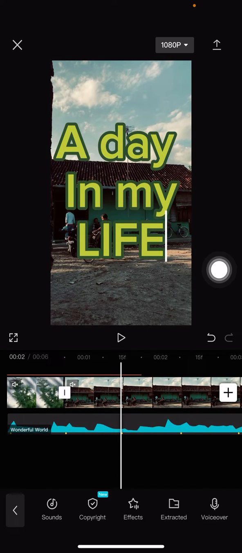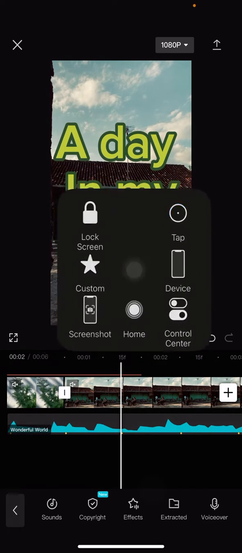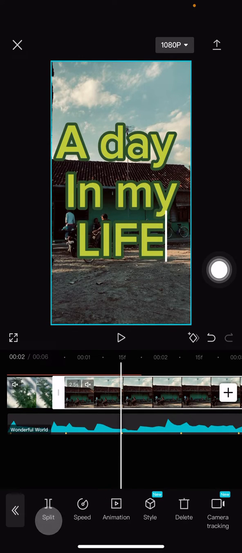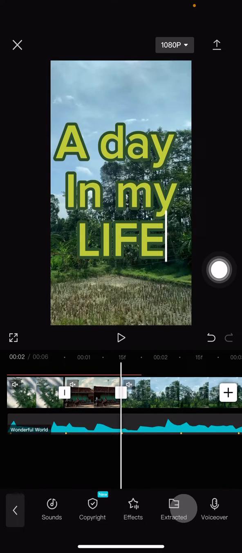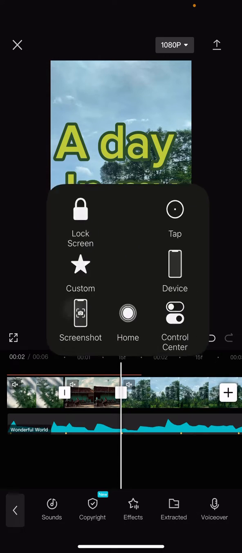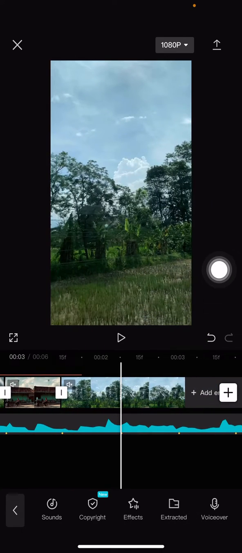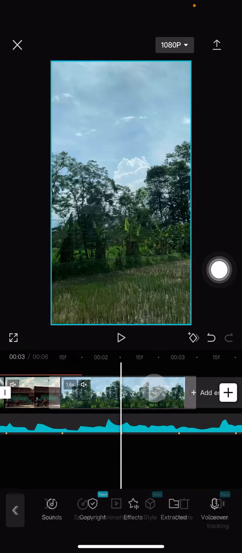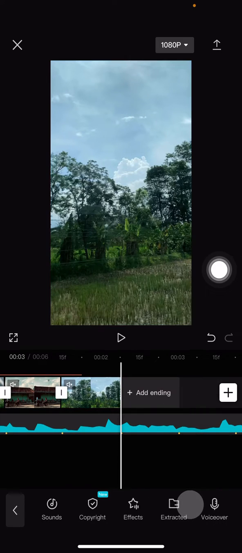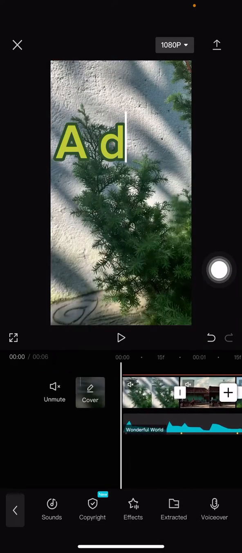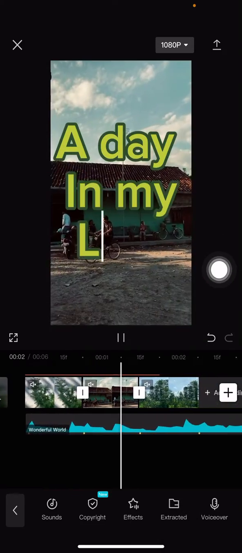Okay, and then just make the clip active, then split and delete the rest, and do the same on the third clip. Make the clip active, split and delete it. And now let's have a test. Does it match with the beats? And now it's already